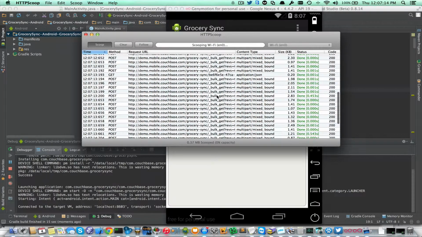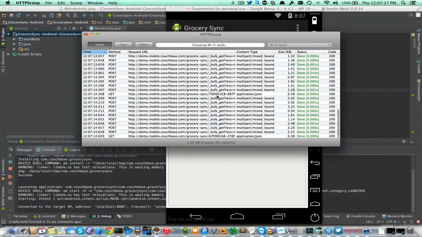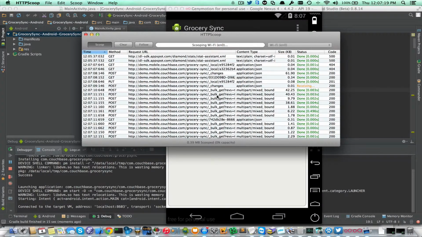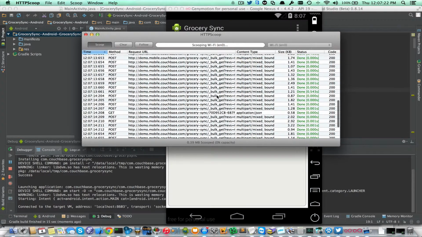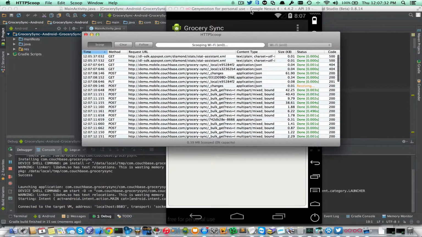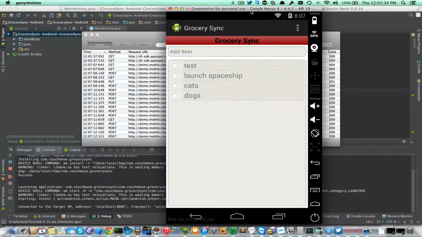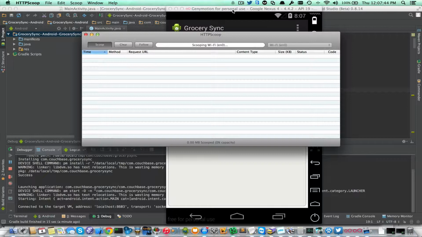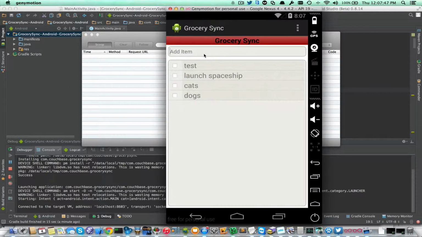I'm switching to a tool called HTTP Scoop, which shows the HTTP traffic. So these requests are all the requests from the device or from the emulator to the Sync Gateway for getting all the documents. So now if I switch back to the GrocerySync app, I will see the documents that it pulled. And I'll go ahead and clear this HTTP Scoop, and when I add a new document, so I'll put screencast